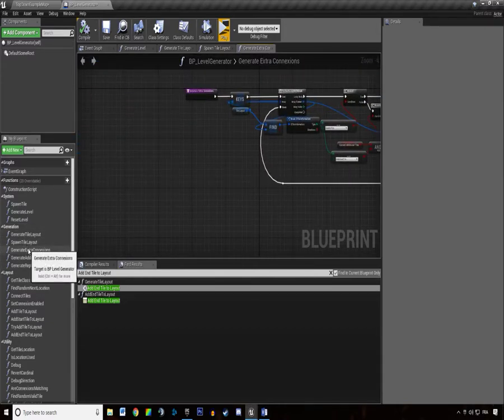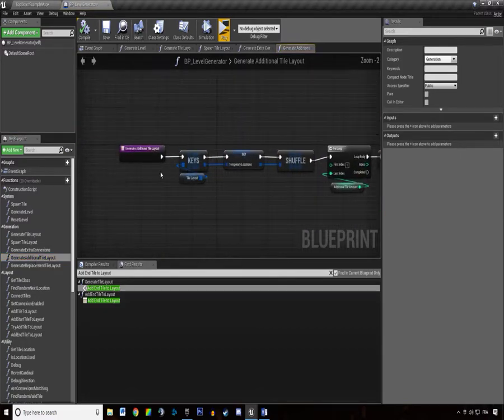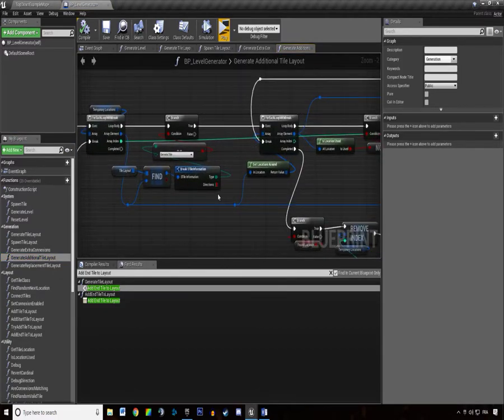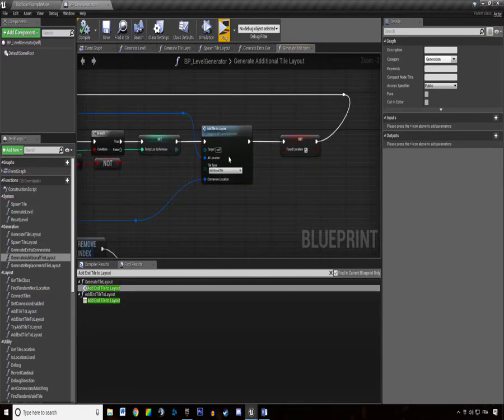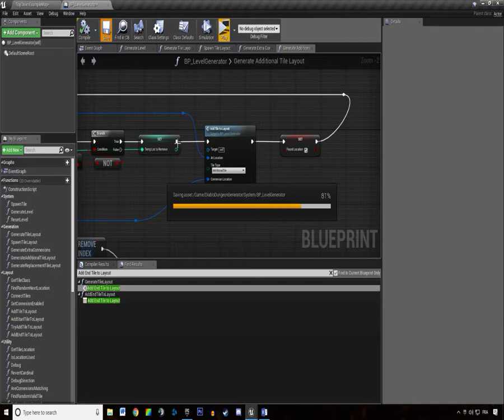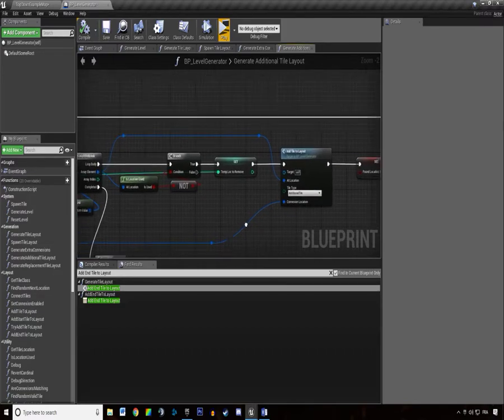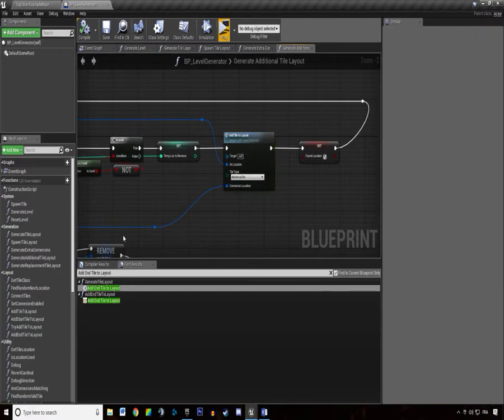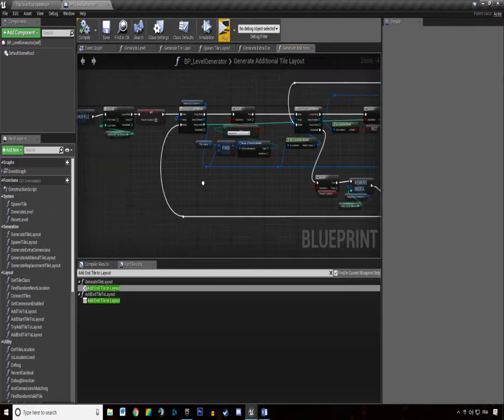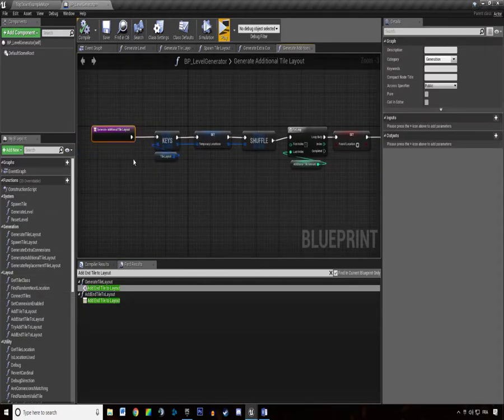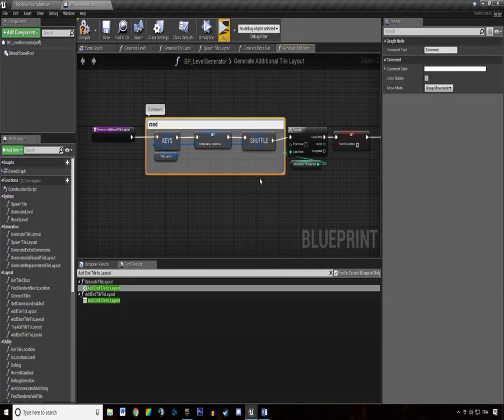We might take a look at the other one first. Generate additional tile layouts, because in here we're trying to add a tile to the layouts. We actually don't need anything else in here, so we're just going to do that real quick. Randomizing our tiles to plug our additional tiles randomly. Actually,